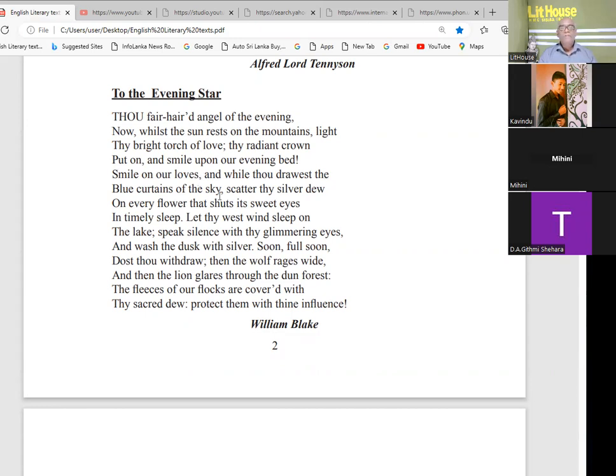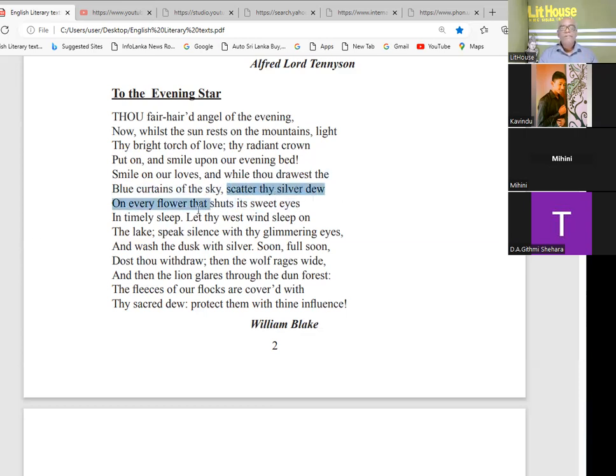And while thou drawest the blue curtains of the sky, listen again. And while thou drawest the blue curtains of the sky. This is one sentence, one part, one chunk, C-H-U-N-K, chunk. You have to read it as a whole. And while thou drawest the blue curtains of the sky,